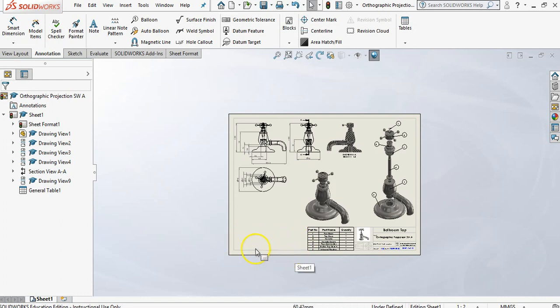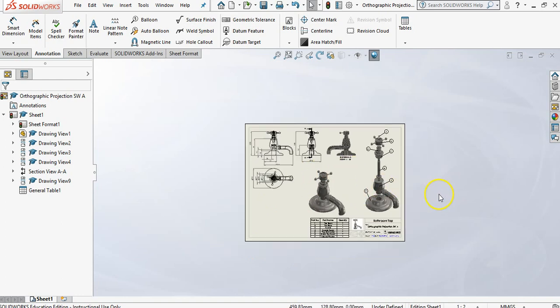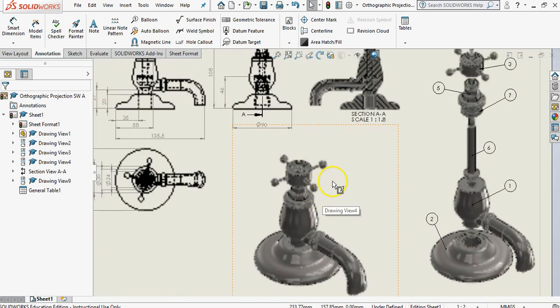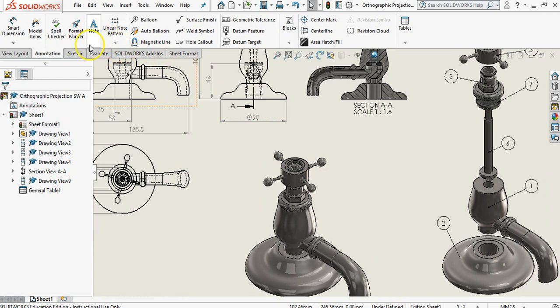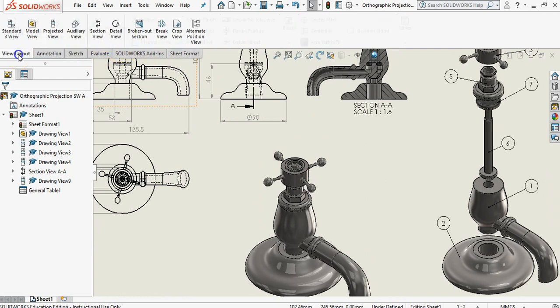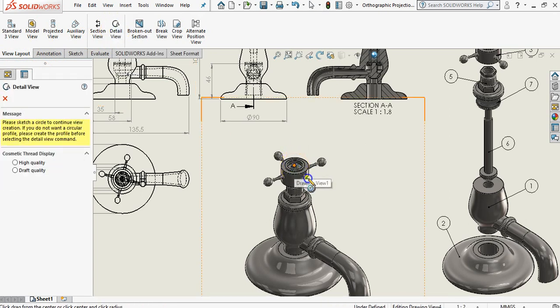So you don't put anything in the bottom left. But as you can see, we have a bit of space around the place. It's not good just to have a blank. If you were given that to a client, it wouldn't look well. So if I zoom in here now, I'm going to come up here and I'm going to go to View Layout. And we have a lovely thing here called Detail View. So if I just click on Detail View,